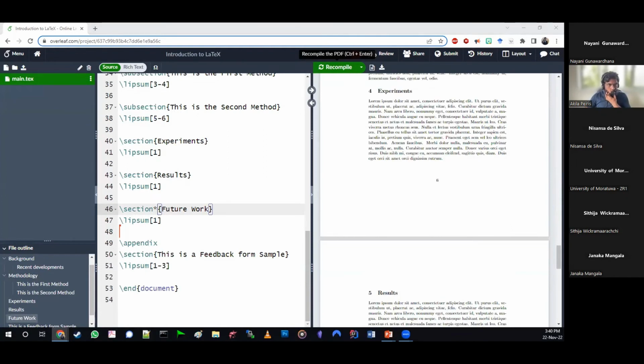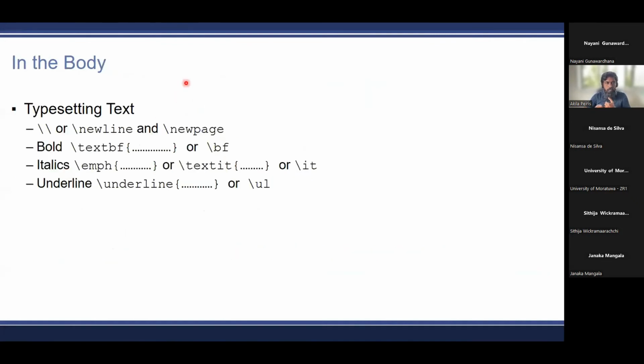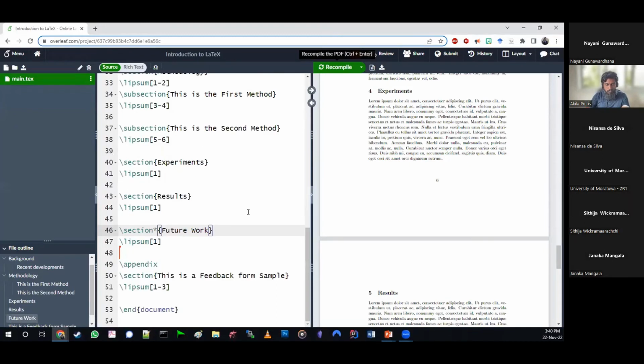So let's move on to typesetting. You already saw how we broke pages. Let's look at how we handle bolds, italics, and underline, which are again just a command. Oh, right. One more thing. I promised to show you what these arrows do as well, right?